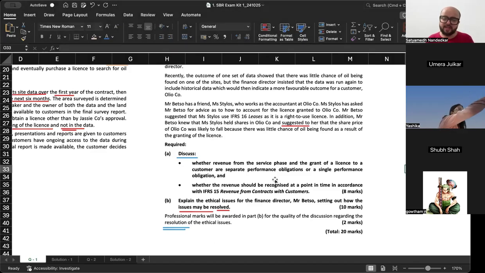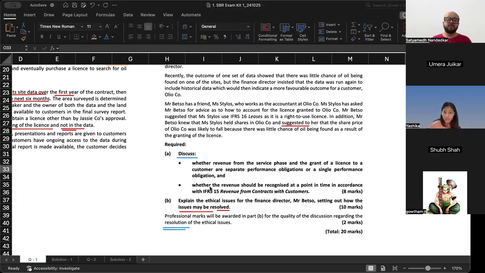Now, see, the issue has happened. We are not asking about preventive measures. We are now talking about what to do now. We are not talking about what should not have happened. We are now discussing what should happen in the future. First of all, the biggest problem is that Mr. Betso does not have the right kind of knowledge. So because of that,